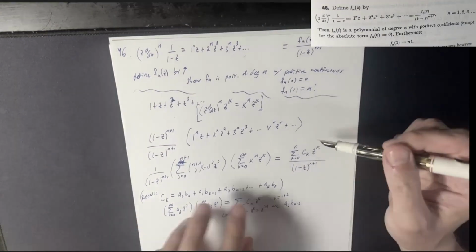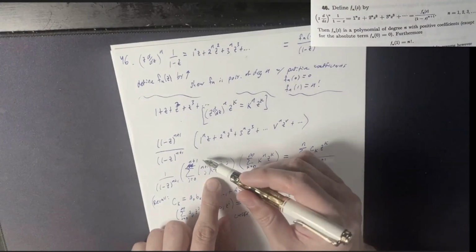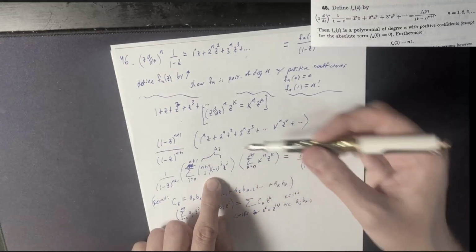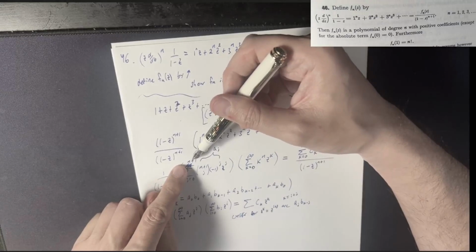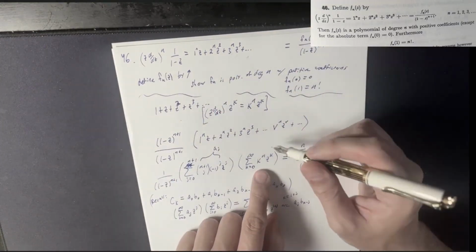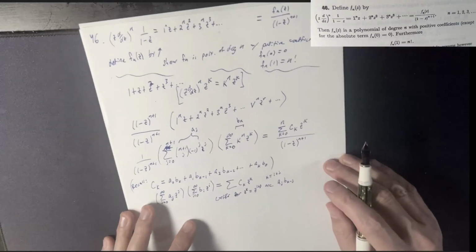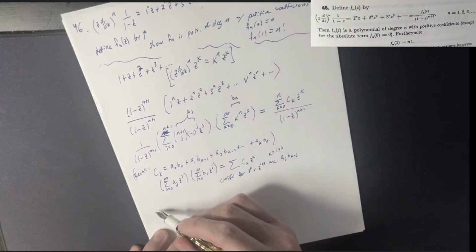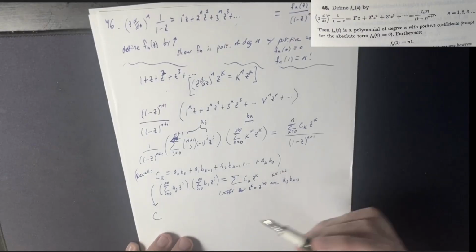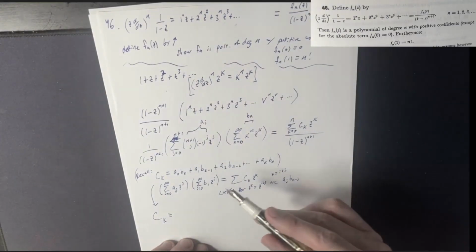So back to our question. These are my a_j's, right? All these are a_j. In fact, at some point, the a_j's become 0. Once j is larger than n plus 1, you don't even get anything. And over here, this k to the n is my b_k. So our formula for our c_k's for this particular question is something like,